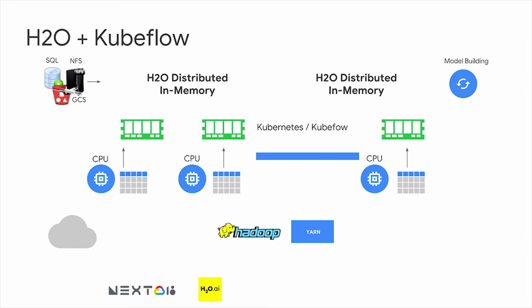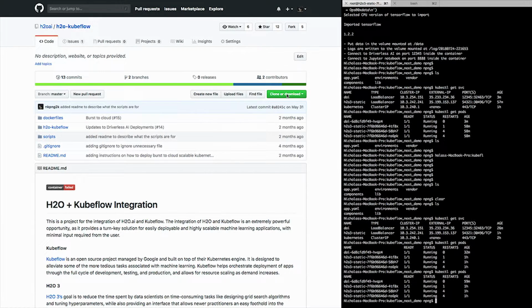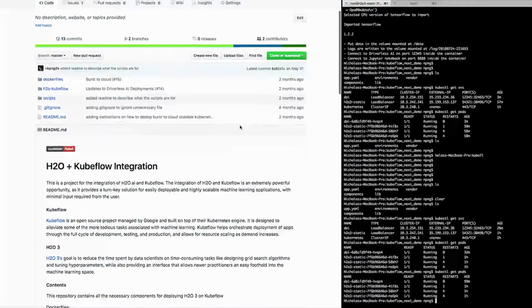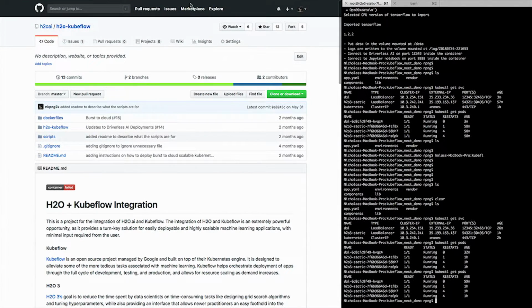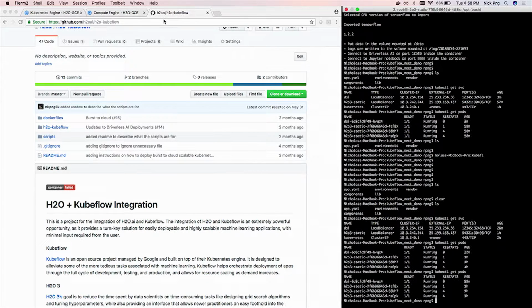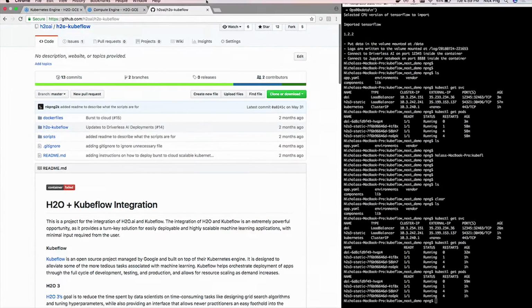Cool. So at this point, let me just sign in here. OK, so we're going to go over a quick demo. What I have here, on the left-hand side, is the GitHub repo. So this is actually public. It's H2O AI / H2O KubeFlow. If you take a look up here, this is actually going to be merged into the actual KubeFlow repo eventually. I think at the moment we have an open issue for it.